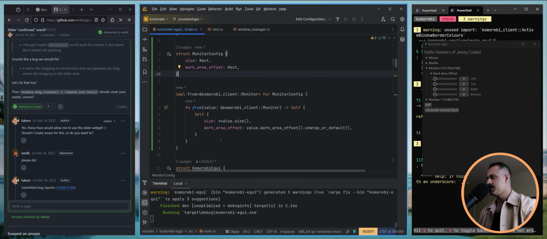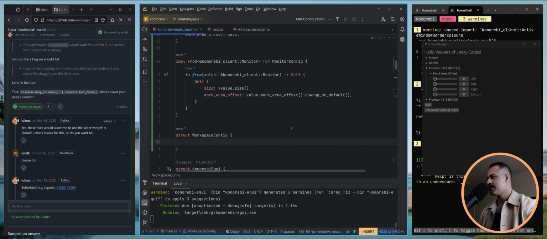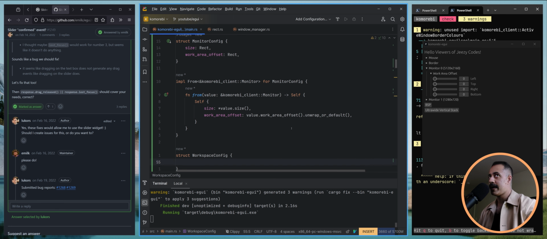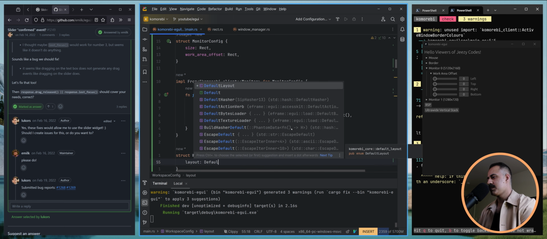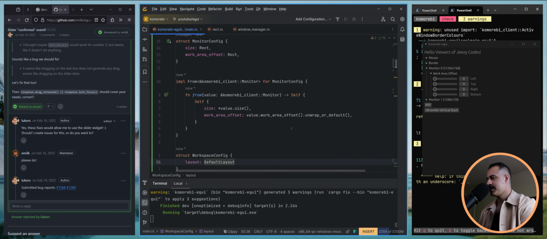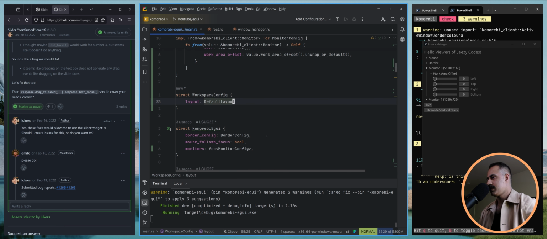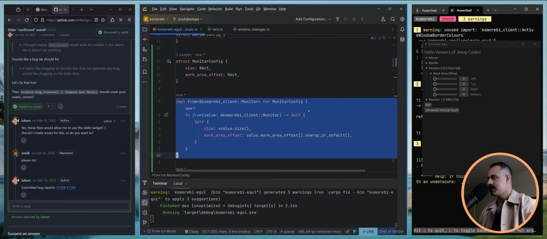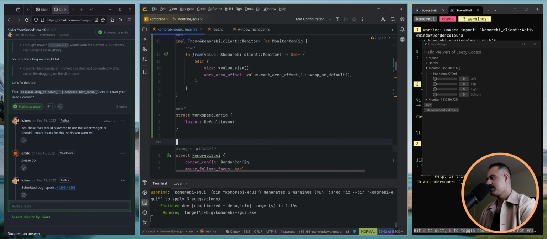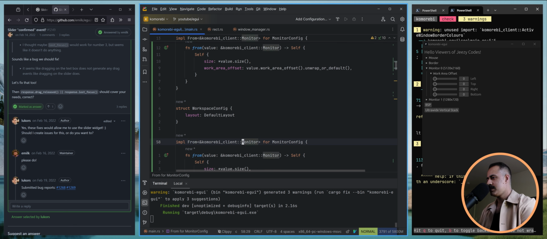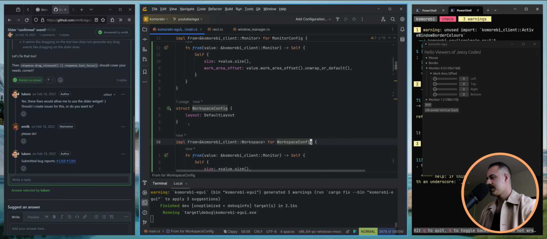So let's do struct WorkspaceConfig, and for now let's just have the layout be a default layout, and yeah, I think that's good enough for now. We're going to do the same thing, more or less. We're going to implement From<Workspace> for WorkspaceConfig,